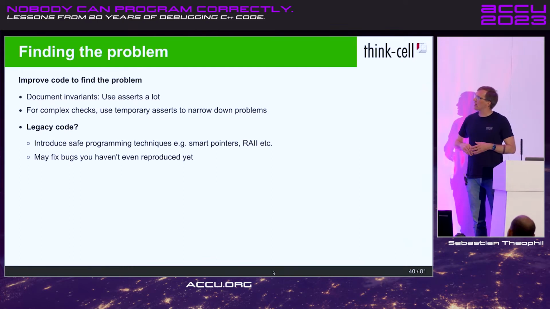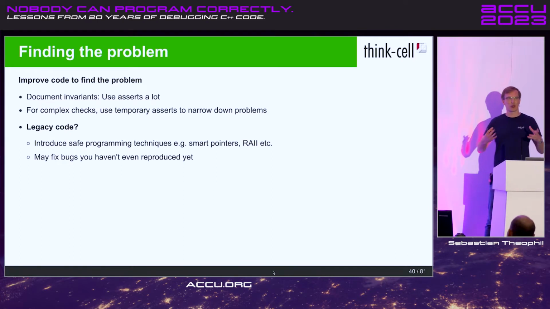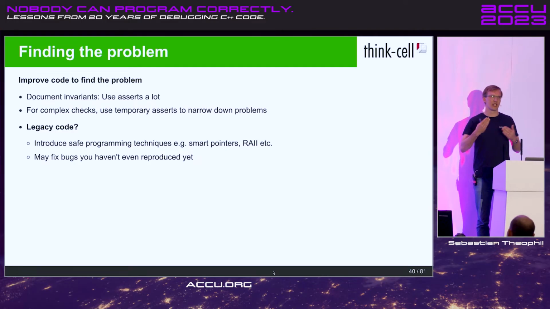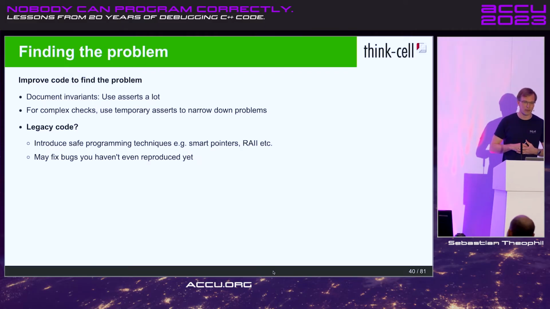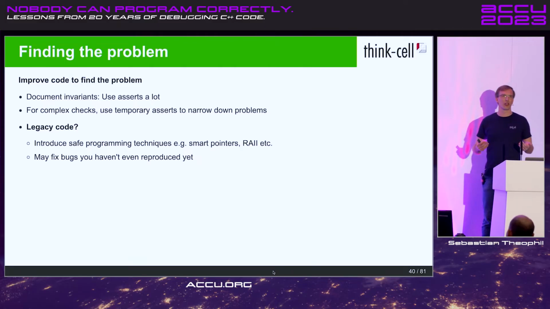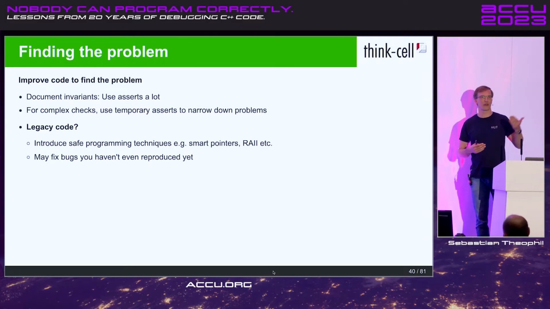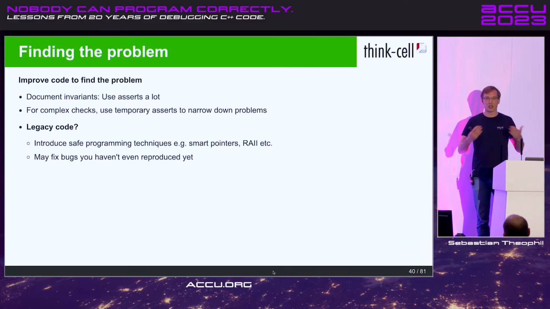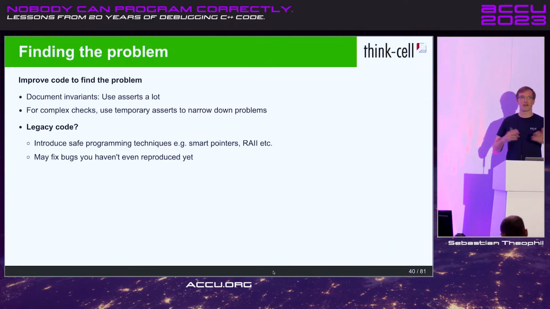And last but not least, especially when you're faced with older code, with legacy code, while you're debugging and you're rethinking what you did or what somebody else thought in the past, that's a good opportunity to improve the code. Maybe you're thinking this through for the first time in years, and you figure out, hey, there's this invariant that should hold. We should have documented that, and maybe we should have asserted that in the first place. So you can introduce those asserts while you think about them during debugging. If they are very complex and hard to check, then only make it temporary while you're looking for a problem.